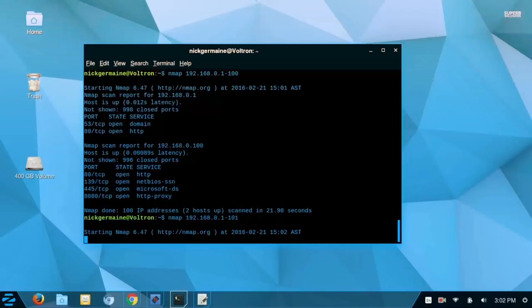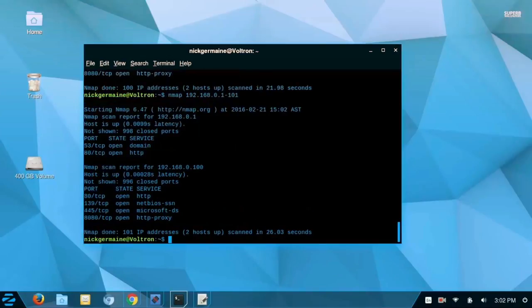And when you scan multiple IP addresses, the more you scan, the longer it takes. So no, okay, so there's nothing available for my phone coming up. Now you can also scan, so when we talked about IP addresses,